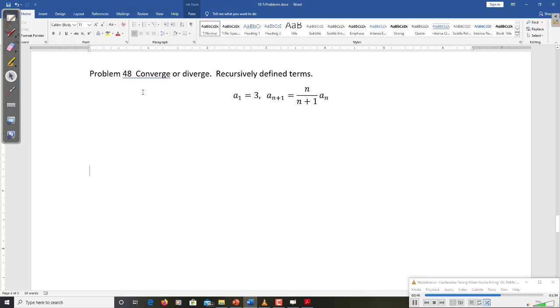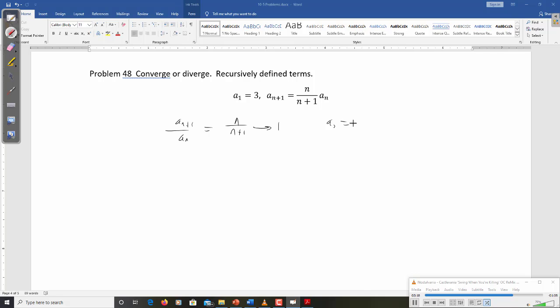Alright then, we look at this one. If you set up the same work, a sub n plus 1 over a sub n is going to be n over n plus 1. Unfortunately, that goes to 1, which is inconclusive by the ratio test. Well, if we look at our result here,